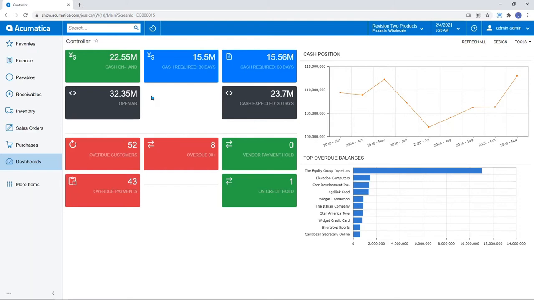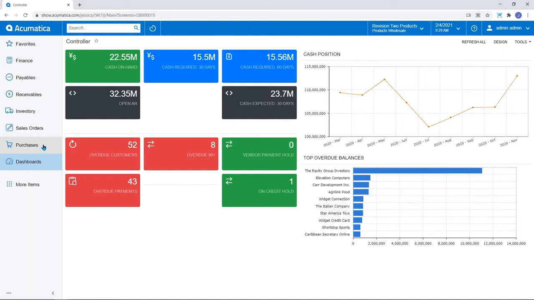Now, because we are a role-based system, every user in Acumatica only has access to the areas that they need to do their job. So a controller, for example, somebody managing the finances of an organization, could have a home base that looks something like this. And very likely a controller might not have access to something like, I don't know, creating sales orders or receiving purchase orders, depending on the size of your business. So you can absolutely create very, very tight securities in the system so that nobody is touching any areas that they shouldn't.